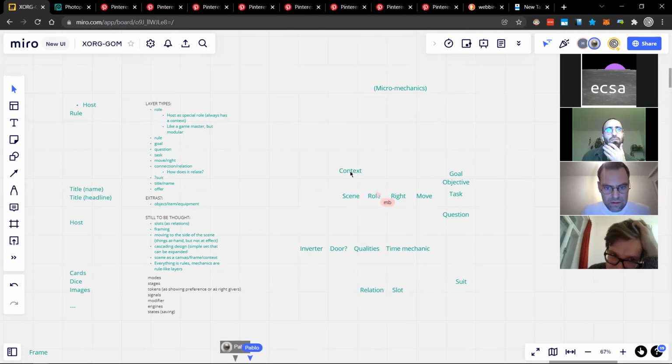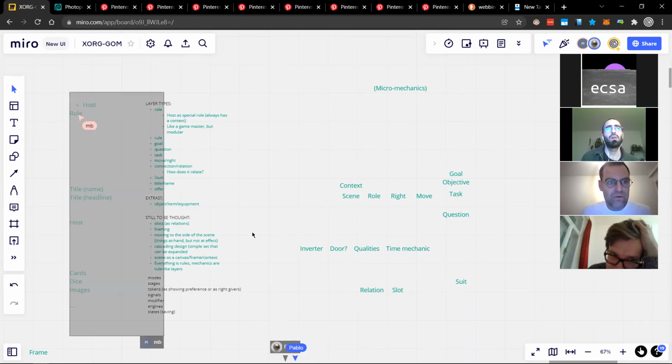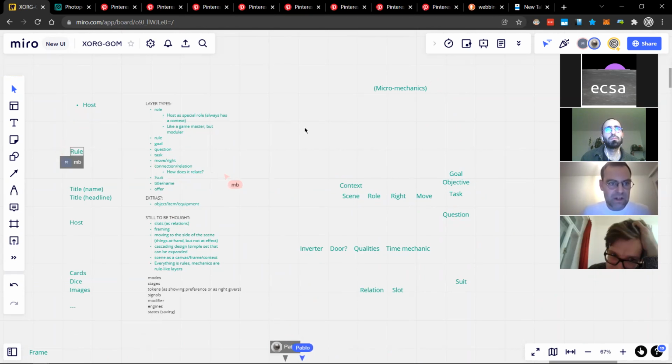And I would put context and scene sort of close to each other. And I pushed the frame away because we almost identified it as some kind of base mechanic similar to rule and filter. Yes, not similar, but similar in their level of operation. Yeah, this is true. I'll actually put those. Oops, what happened? Did I loosen?